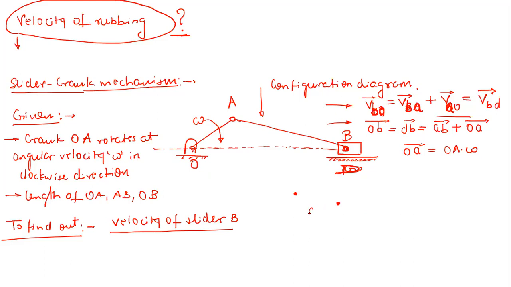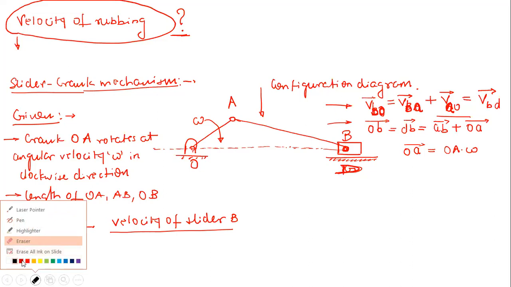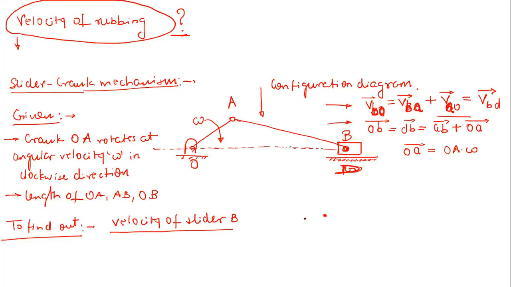Now let us draw this first. Let me take a fixed point here. Let me call this point as O comma D, right? Now just tell me, fine, OA vector, are we going to draw upward or downward? Downward, because it is going to rotate in clockwise direction. So you can very easily guess here that velocity of A relative to O will be in the downward direction. So let me draw this OA vector, right?